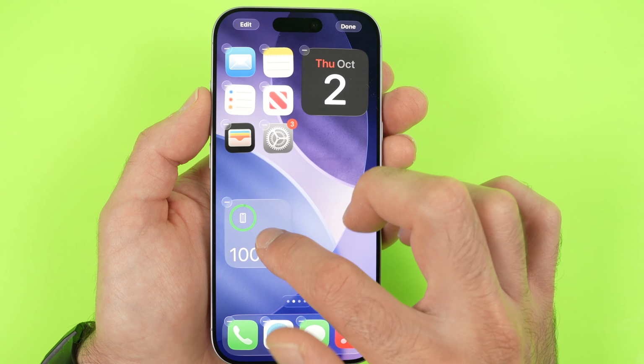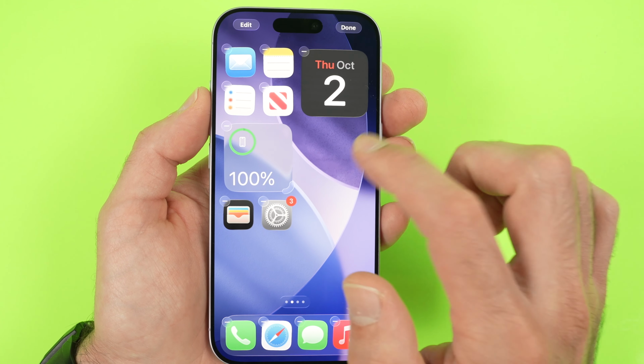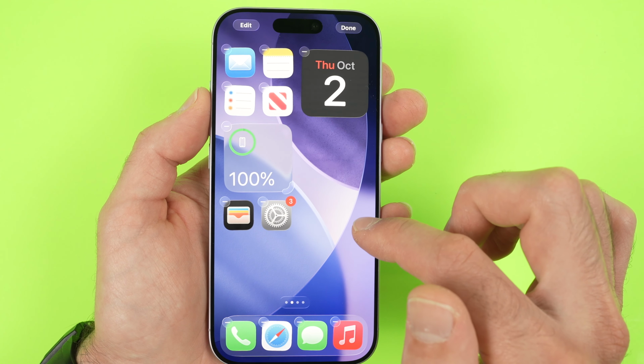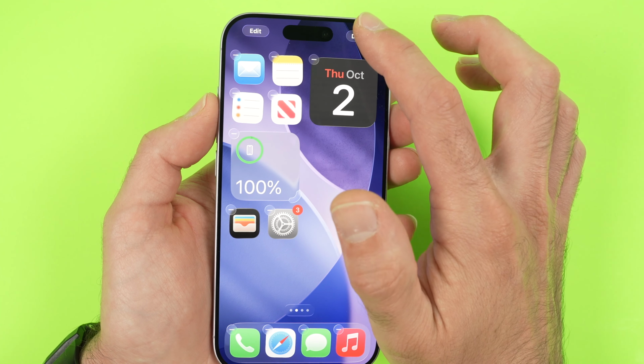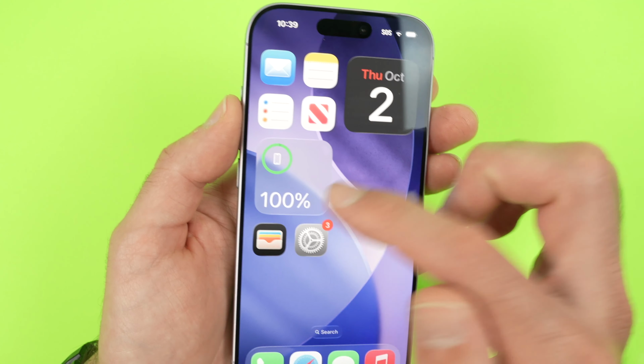Once you decided where it's supposed to go, so let's say over here, tap anywhere on the screen where there's no apps, or you can also press Done. And this is it. The widget has been